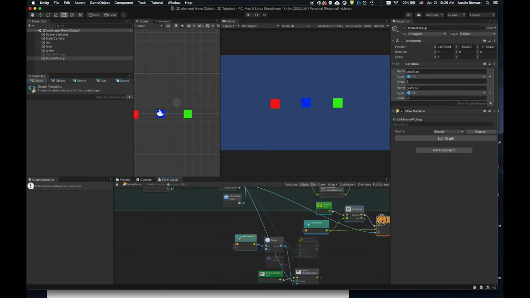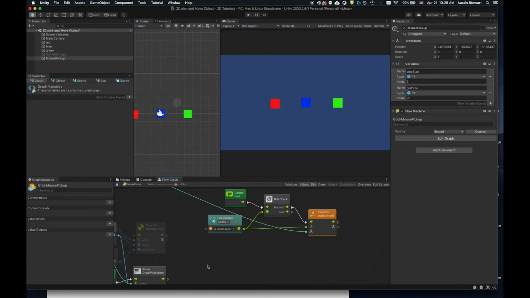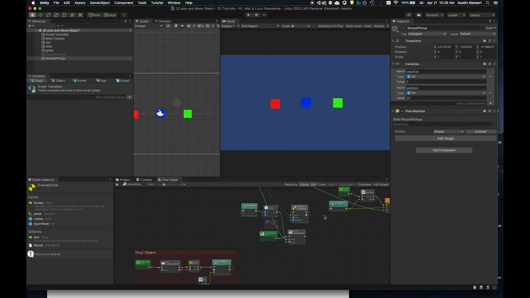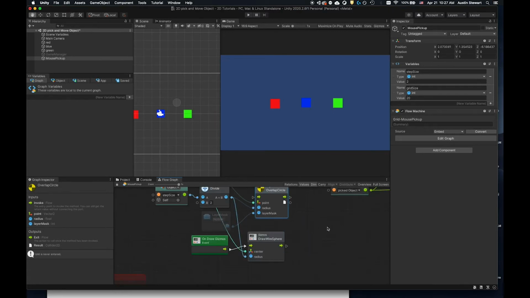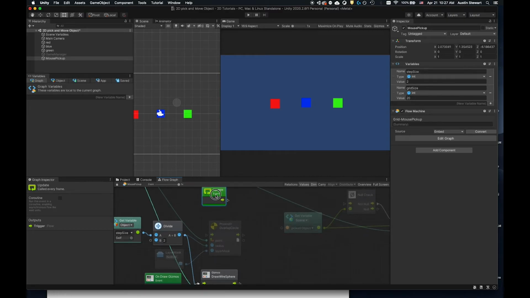I'm going to drag them over to this side of the graph because we're going to need them over here in order to choose the object that we're going to be doing the transform to. And we're going to need to, let's go ahead and activate this overlap here, which actually we don't need to do that yet. We might need to adjust where our update is. So let's go ahead and actually disconnect this, because I know this Physics 2D overlap needs to be